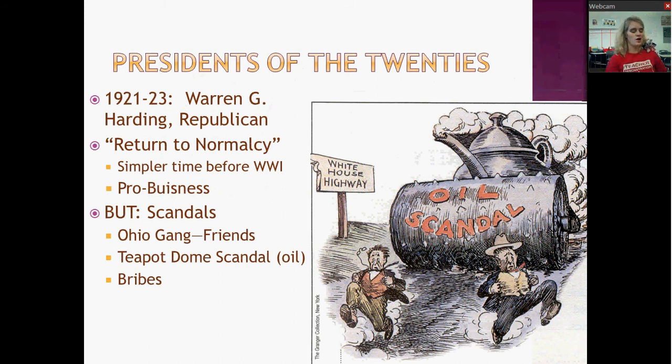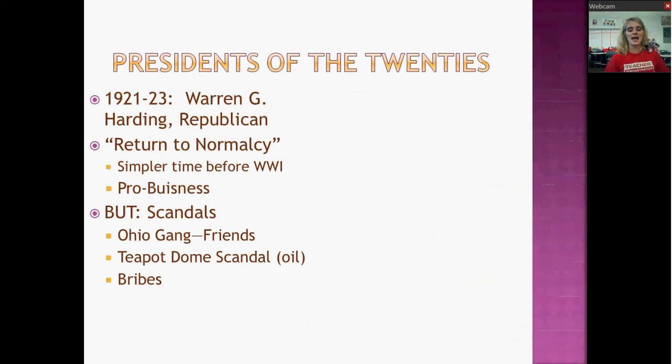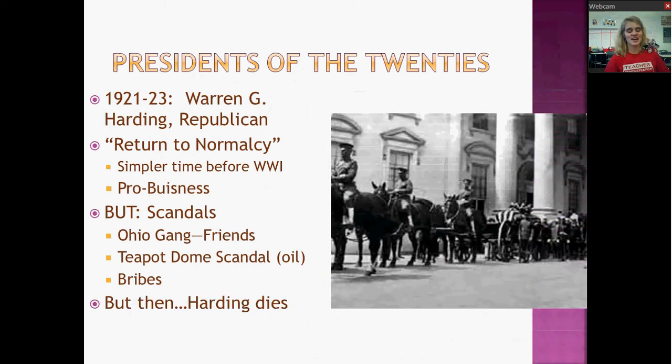And so as the scandal is starting to come to light and people are starting to learn of it, Warren Harding goes on a trip to Alaska. And while he is there on his way home from Alaska, he has a massive heart attack and dies. So Warren Harding actually dies before news of the scandal comes out. There is this massive funeral processional like they hadn't seen since Abraham Lincoln. People are terribly upset. And then news of these scandals start to come out, and it really changes the public perception of Warren Harding. So this is going to be kind of a big deal in terms of his legacy